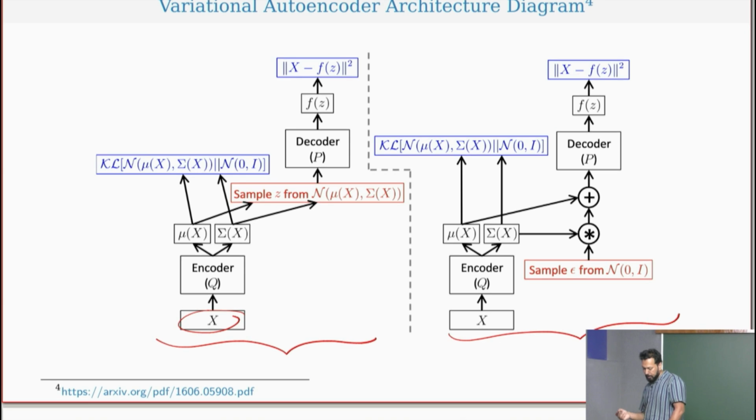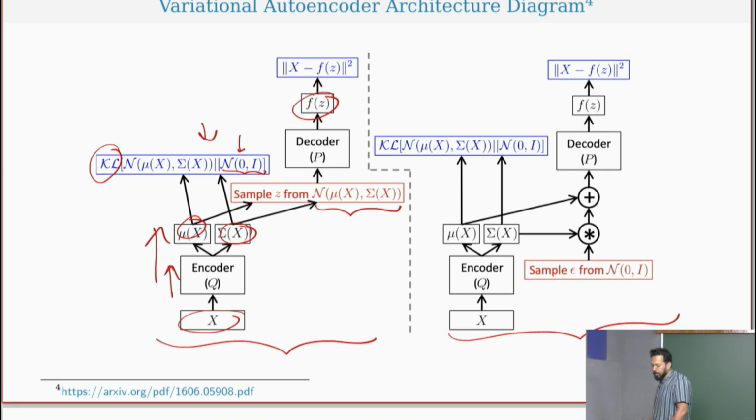You have an input vector x. It goes through the encoder. The encoder is supposed to produce a vector of means and a vector of variances. So basically, it will produce a vector, and the first half will be the mean, and the second half will be the variance. And then you see them as a normal distribution with mean mu and variance. But then you force them to be close to standard normal. That will be forced by KL divergence. KL divergence will make sure that the encoder produces a mean and variance which are close to 0 and identity respectively. And then the decoder takes samples from the normal distribution,